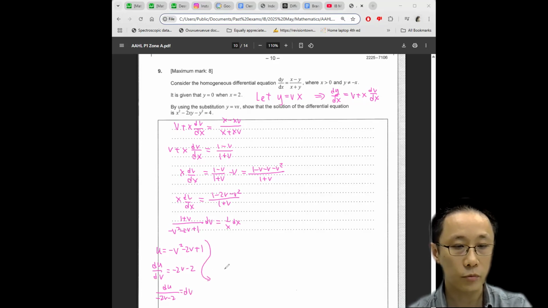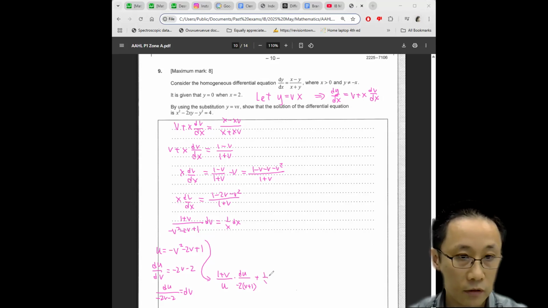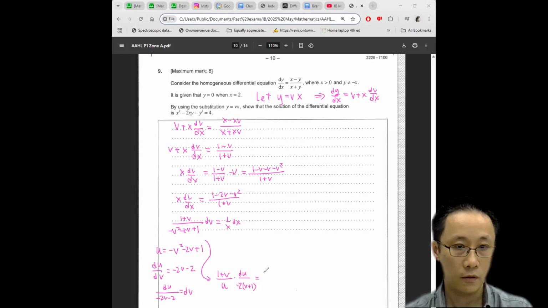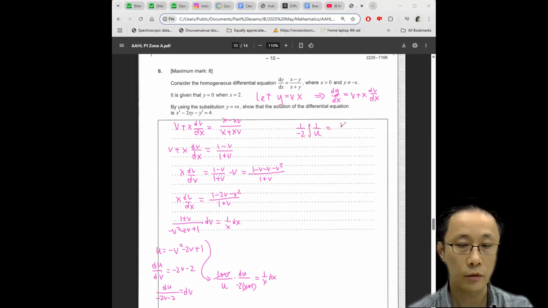So making the substitution, we still have 1 plus v at the top, u at the bottom. dv now becomes du over minus 2. I'll just factorize out the minus 2, and you realize that the v plus 1 is about to get cancelled. So we are looking at minus 1 over 2, 1 over u